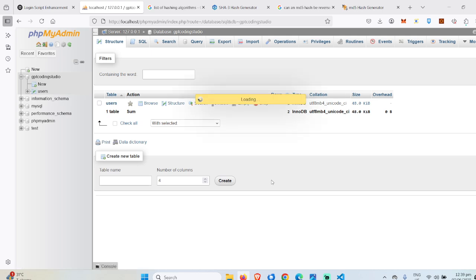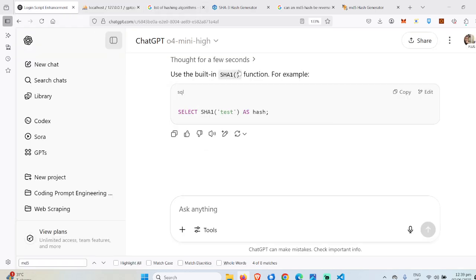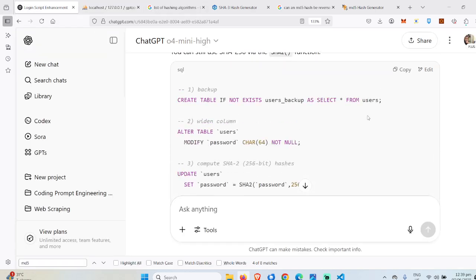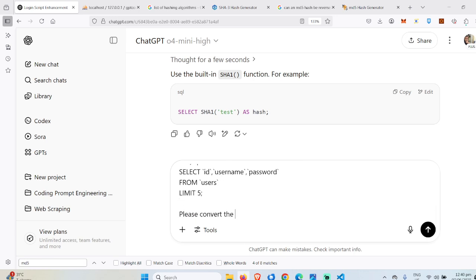Okay, so let's go to SQL again and go to ChatGPT again. I'll just copy everything on the previous one. Please convert the above for SHA-1 algo.